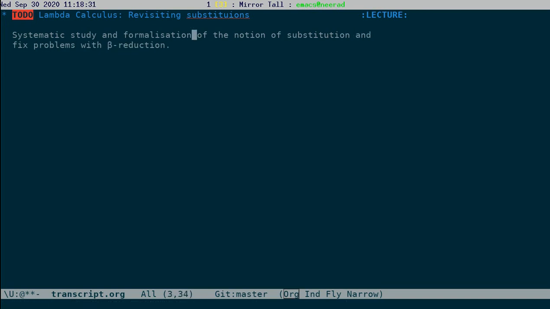Okay. The problems that we saw with beta reduction, we have to be careful about it. We have to make the beta reduction more correct in that sense. Okay. So for this, we need to have this notion of free and bound variables. Okay. So the essence of this is